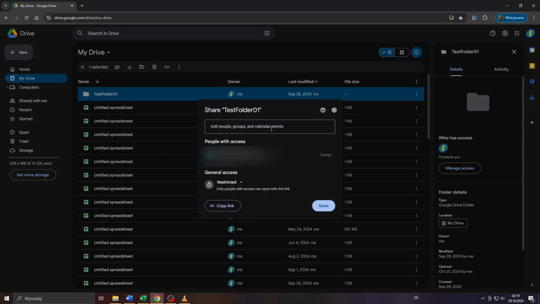for you where you will be given the opportunity to either grant permission or access to specific persons or contacts of yours by adding their username or email address here, or alternatively guys, if you'd like to give anyone access to that folder, simply switch from general access restricted to allow anyone here from the drop-down menu, and after that